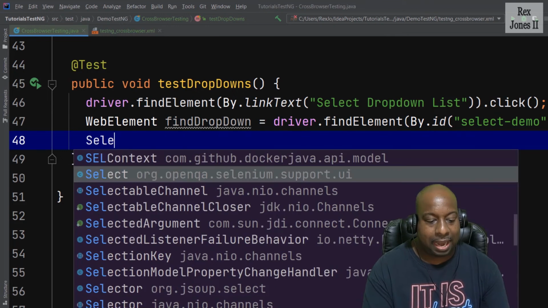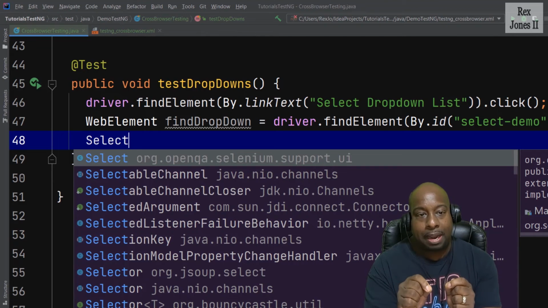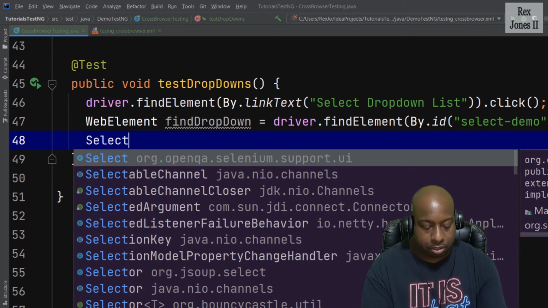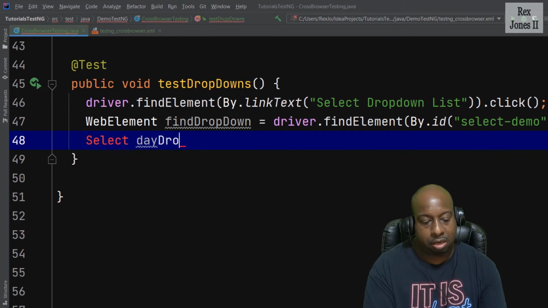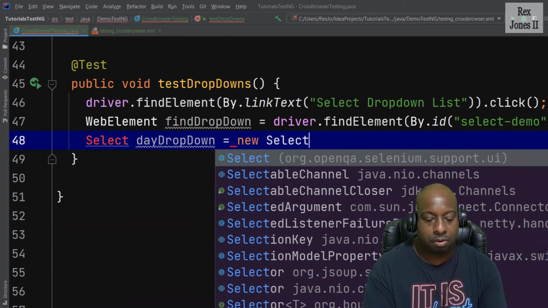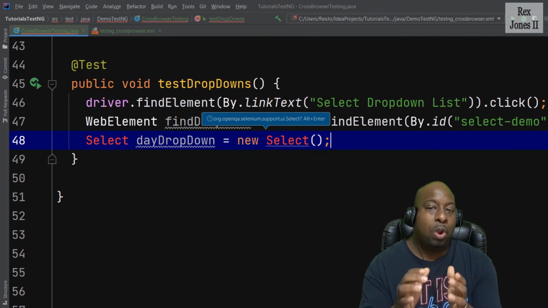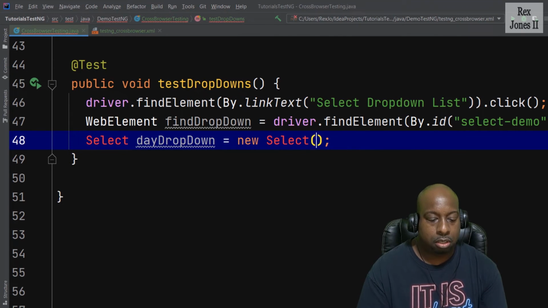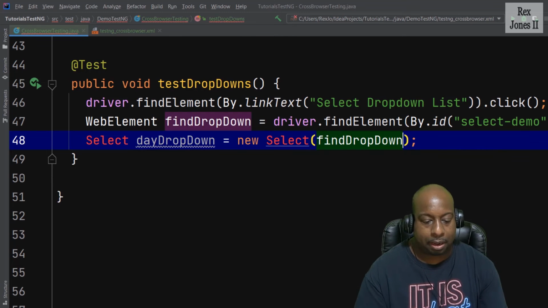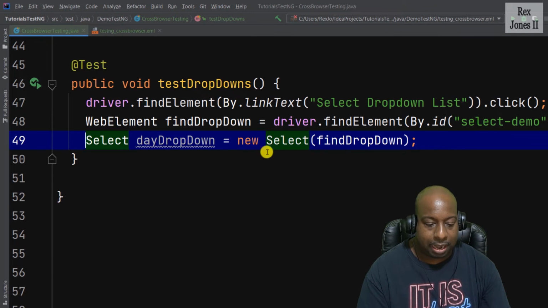we need the select class to select a value from a drop down. The object reference is day drop down equal to new select. At this point, we pass in the web element of find drop down. Let's also import select because I see it's red. Now the day drop down